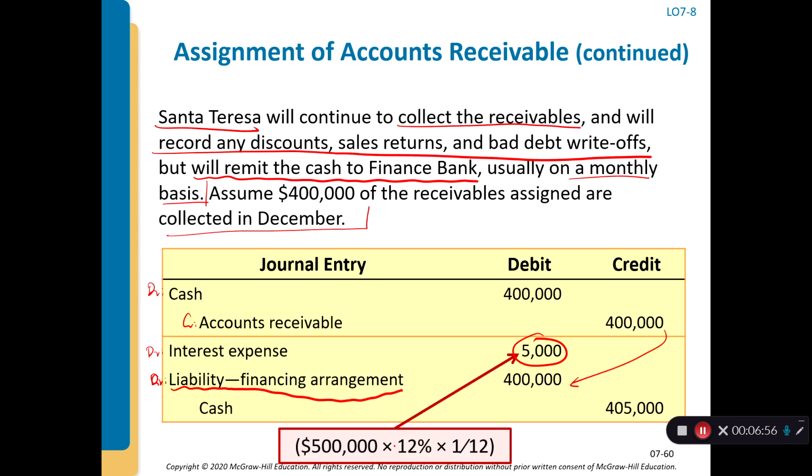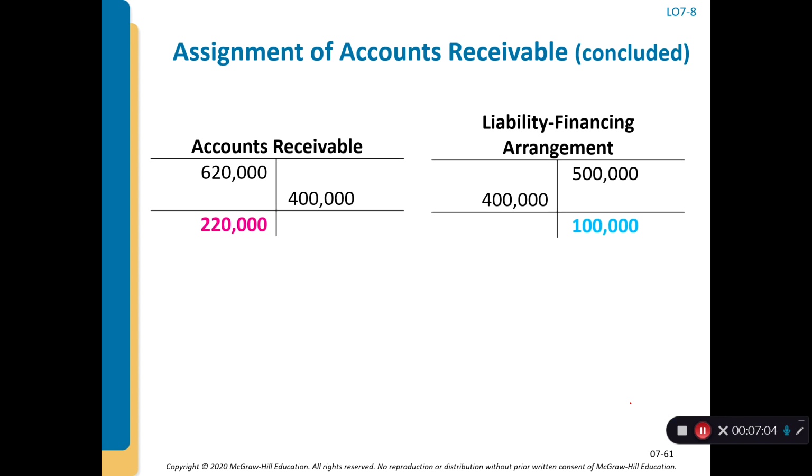Which is 500 multiplied by 12% multiplied by 1/12, which is 5,000, and you credit cash for 5,000. And then for the assignment of accounts receivable, you have accounts receivable of 620,000, you'll collect 400,000, which leaves 220,000 to go. And for the liability financing, you borrowed $500,000 and only paid off 400,000, and then you still have